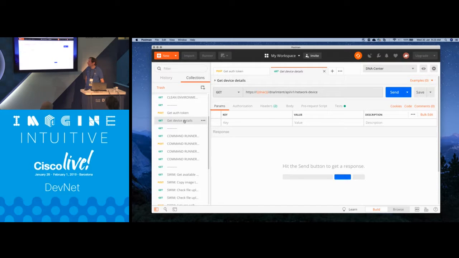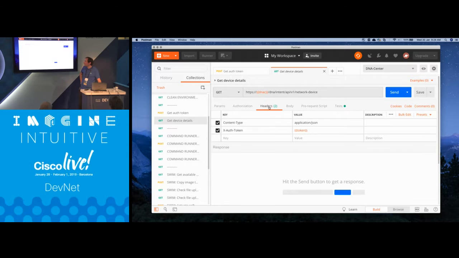So the first thing, which is kind of good to do, is to get information about the devices, yeah? I'm interested in what kind of devices my DNA Center is managing. So the request is very simple. It's a GET request, and all of that is documented on DNAC. It's documented on DevNet, so you can go and check it out. But as you can see here, the request is very simple. Yeah, I'm getting to this URL. That's my IP address,